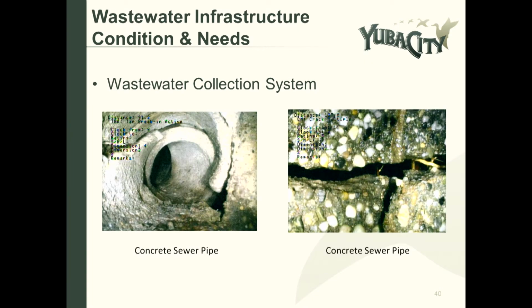And then here are some other pictures of concrete sewer lines within the system. So here's an up-close picture where you can start to see at that point the pipe's failing and you start getting cracks. A lot of times you'll get a lot of root intrusion into the pipes, and so then we do root control. But as those roots start to invade, they get bigger and bigger and start pushing those pipes even more.